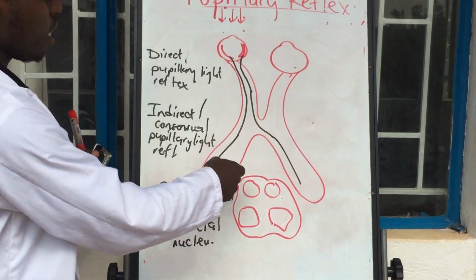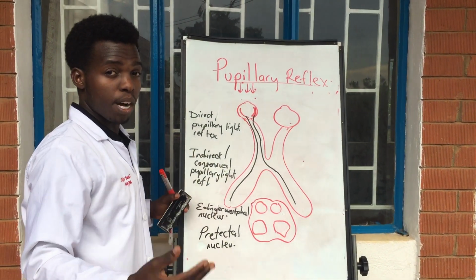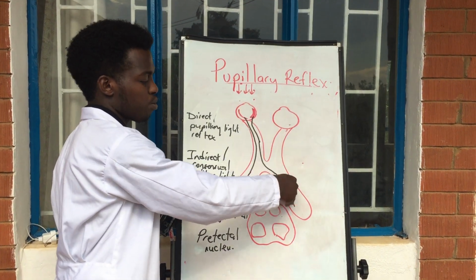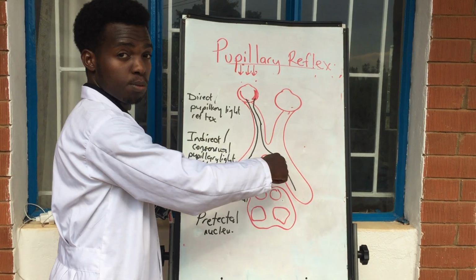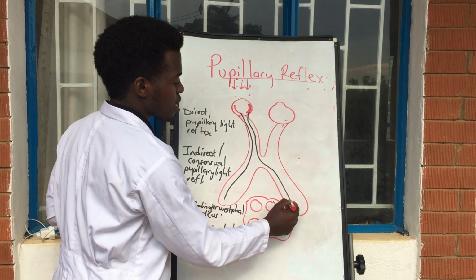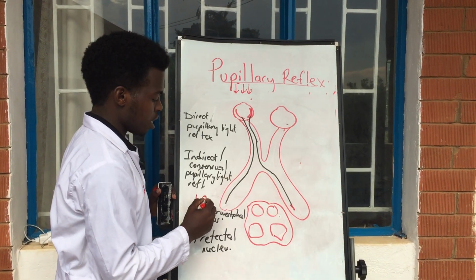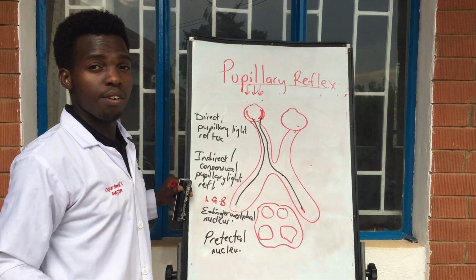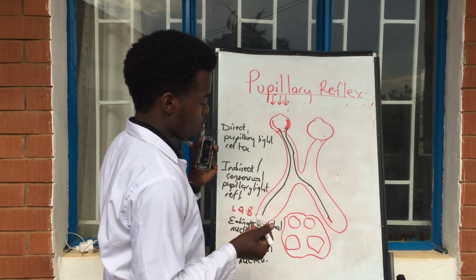So now, when light is shone into this eye, fibers will move along the optic pathway, that is the optic nerve. Then the medial fibers will cross over to the opposite side through the optic chiasma. When these fibers come to this aspect, most fibers will continue to the lateral geniculate body, then into the primary visual cortex, then to the secondary visual cortex. Then some of the fibers will run into the